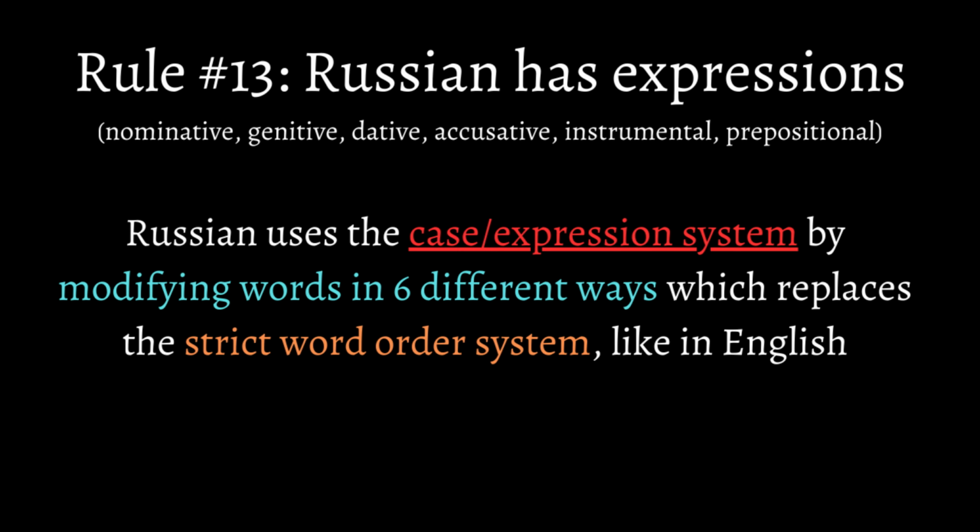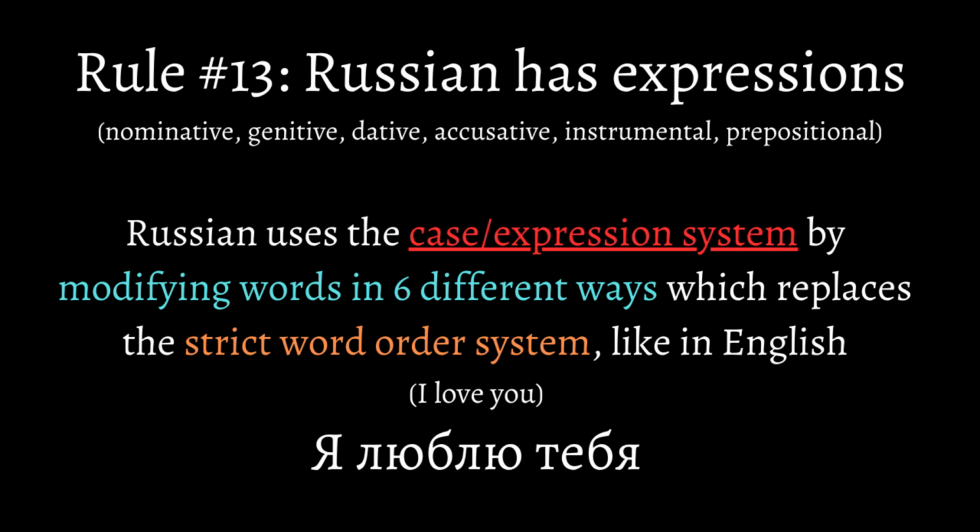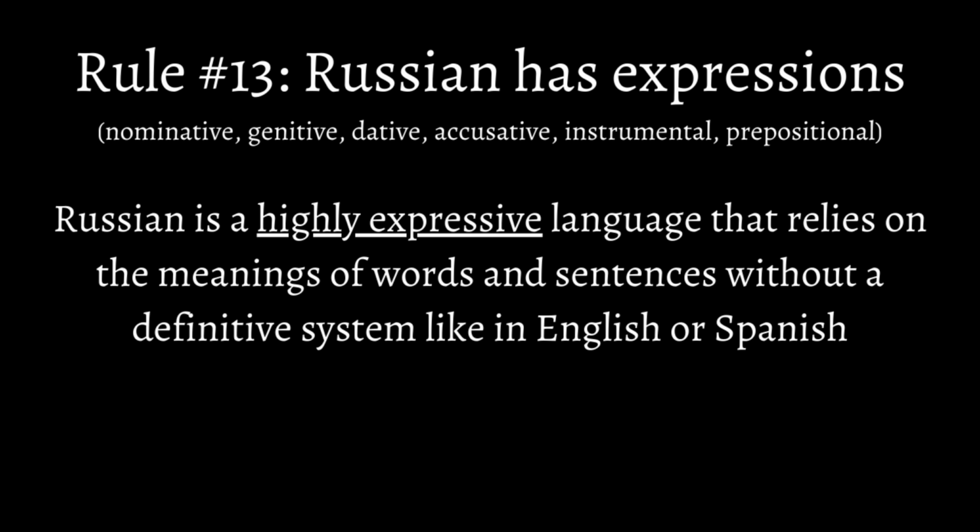Russian uses the case or expression system by modifying words in 6 different ways, which ultimately replaces the system of having a strict word order like in English. As I said previously, the reason Russian allows sentences to be jumbled in any order is because Russian is a highly expressive language that relies on the meanings of words and sentences as opposed to having a definitive system like